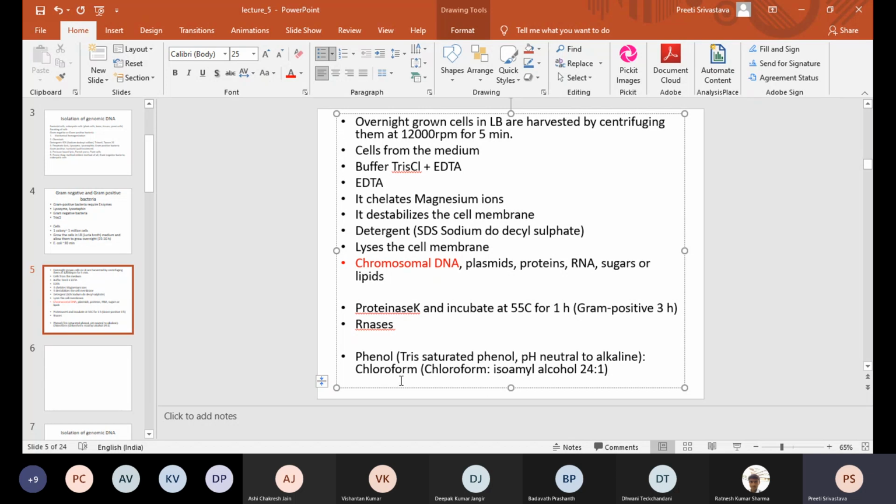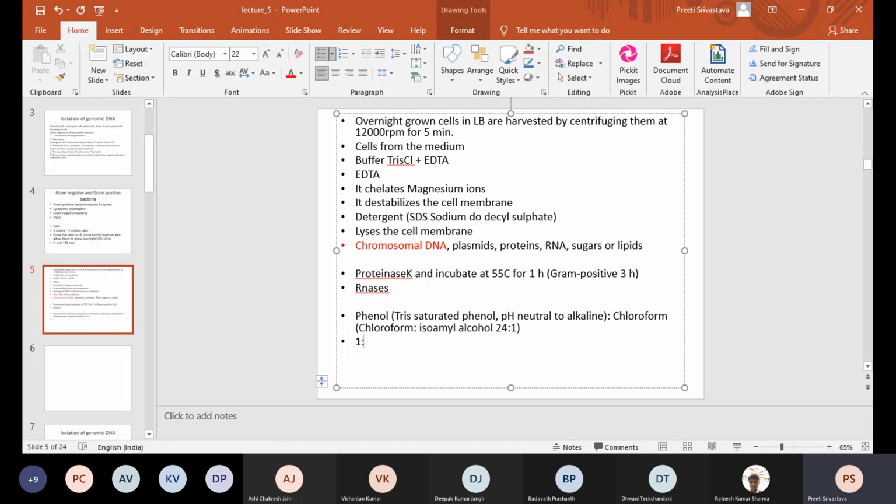This is the whole phenol to chloroform mixture. For example, if the preparation is in the range of 500 microliters, then you add 500 microliters of phenol chloroform mixture, which contains 1:1 of phenol and chloroform, and the chloroform is present in the form of chloroform isoamyl alcohol in the ratio of 24:1. Once we do this, you vortex vigorously